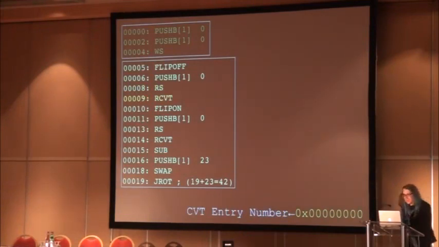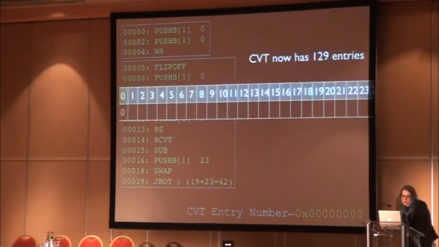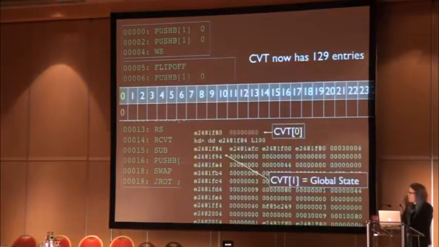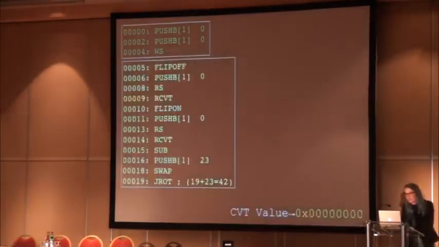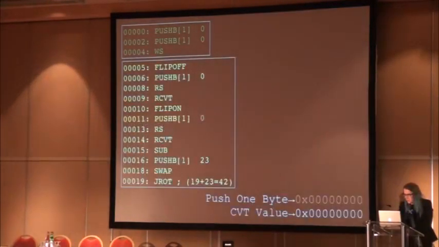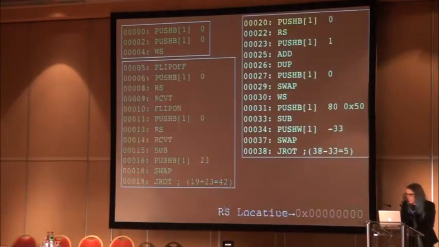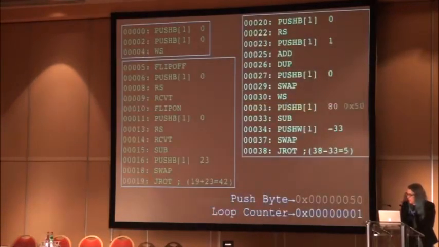It goes and reads the first CVT value, which in this case was 0 because that was originally what it was. Then it flips the bit back and checks to see if it changed. It reads the same value again, subtracts them, and if it changed, it jumps over to this other branch here. But it didn't change this time, and so it loops. This is how you do a loop in TrueType